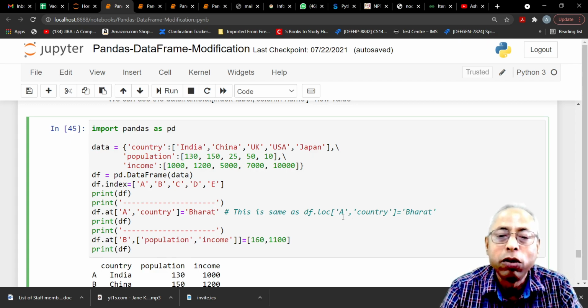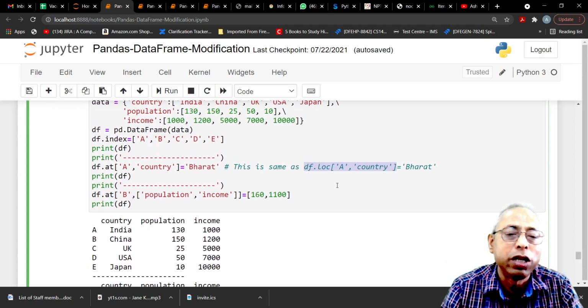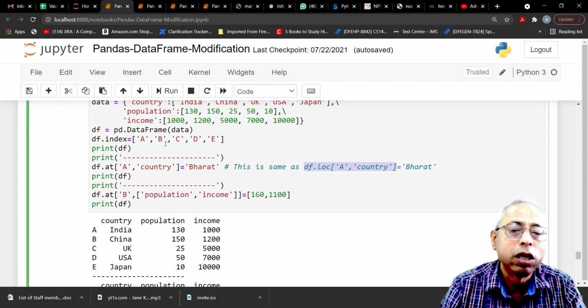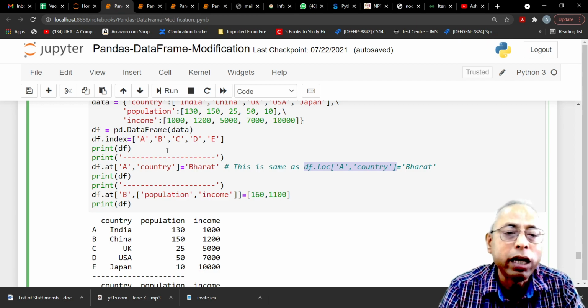This is the same as changing using LOC also. If I use A LOC for country and Bharat, the same thing happens. But you cannot have a range here because it is AT. AT cannot be used with a range for the row index. It can affect only a single row. It cannot affect more than one row.